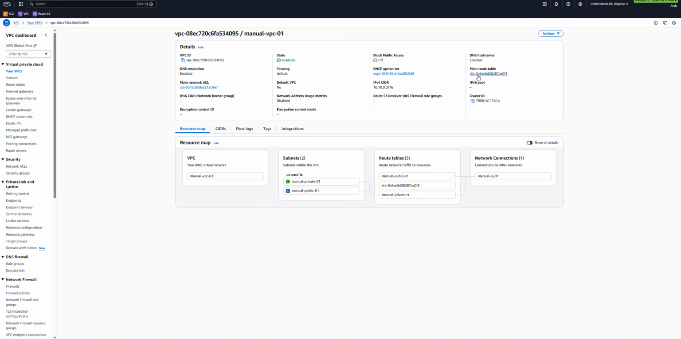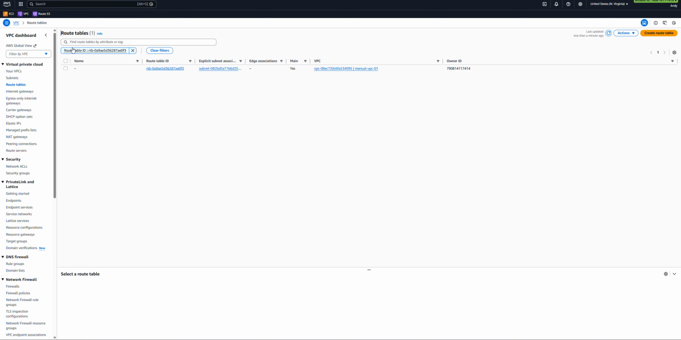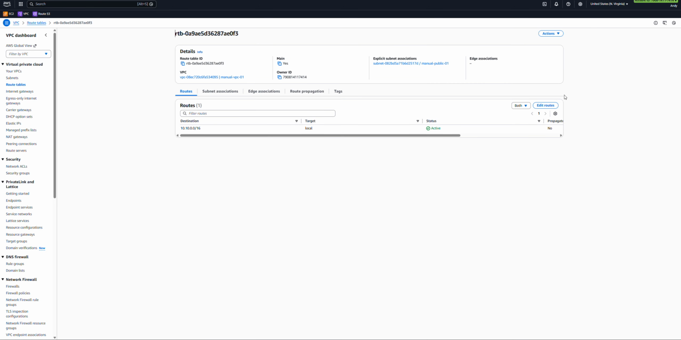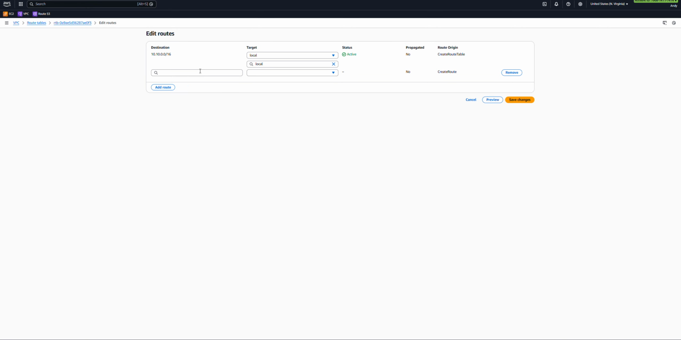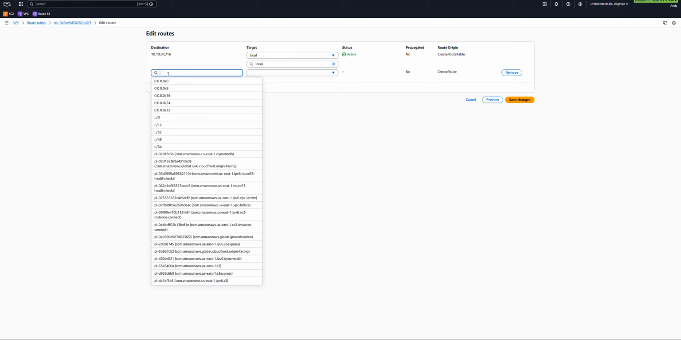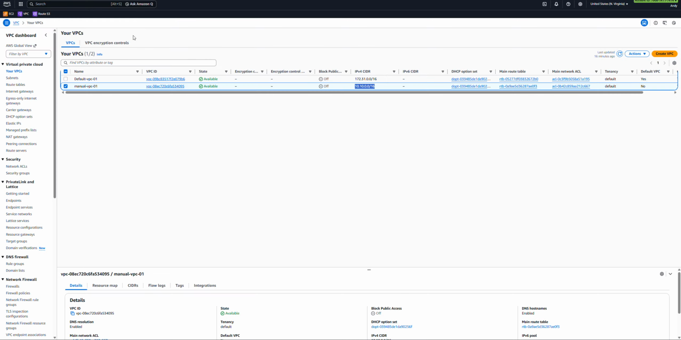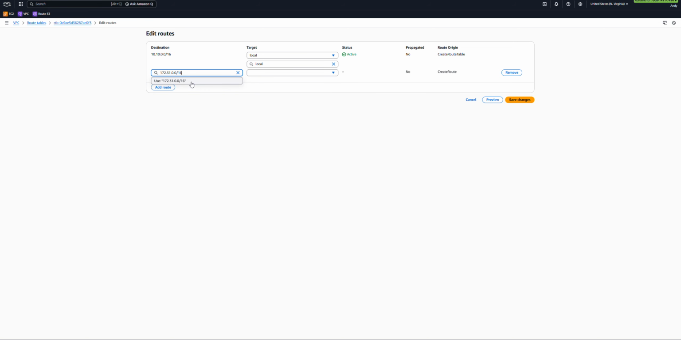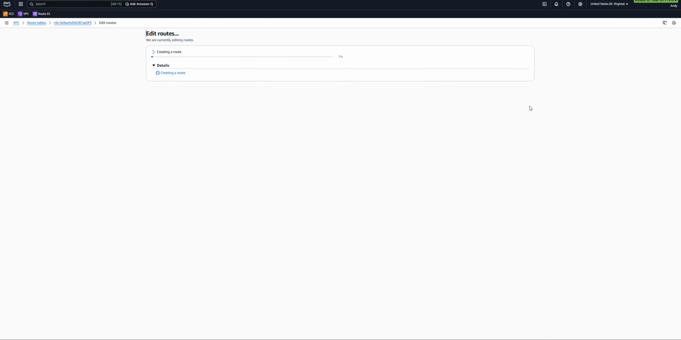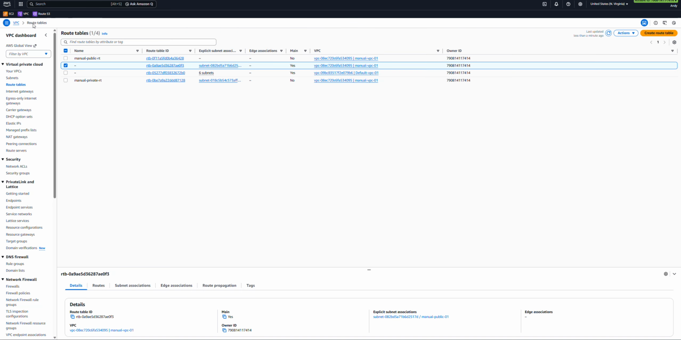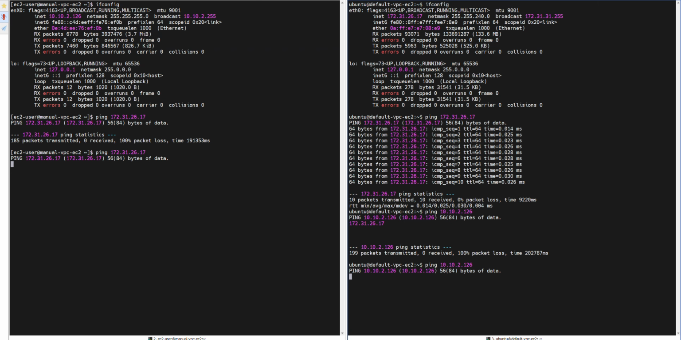We go on main route table, we click on this, we go edit route, we add route, and in here you can see the internet is not given already by default, which I don't think is necessary, so we don't bother with that. But right now we go here, we create a peering connection, and we should be able to save it. Now we are done with the peering connection, so everything looks good here. And if we go back